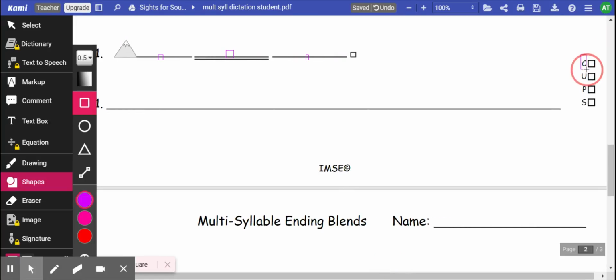What does C stand for, guys? Capitalization. Make sure it matches the mount word. What does the U stand for? Understanding. And how do we know that it makes sense? We read the sentence and see if it makes sense. What about the P? That's a period. And S, spelling. So make sure every word is spelled correctly. Okay? Here's the first one.